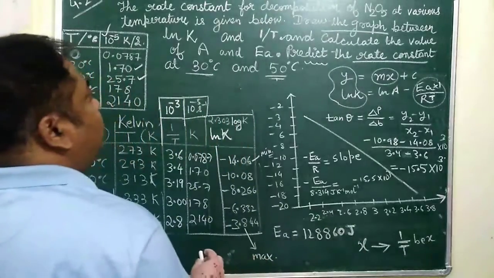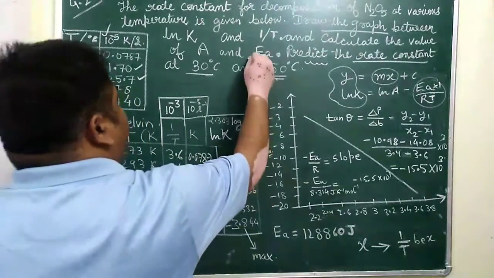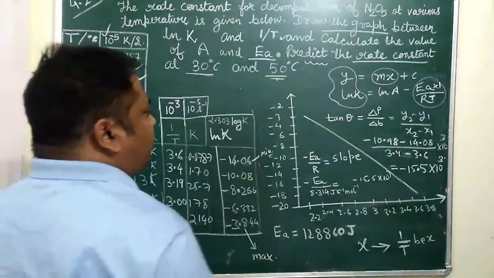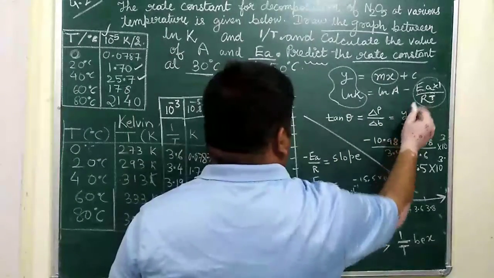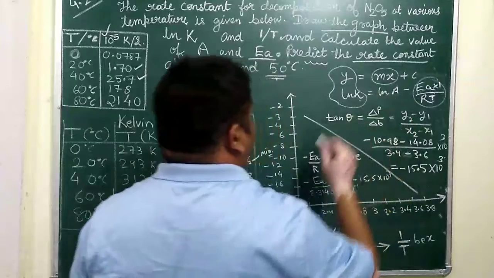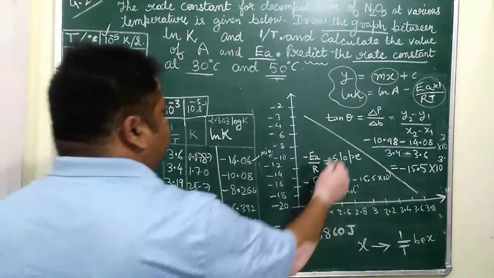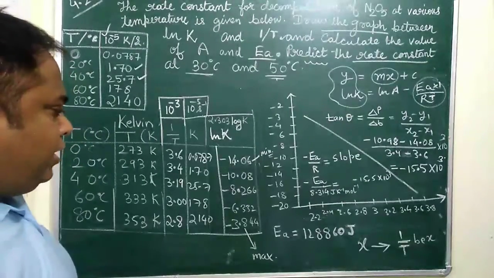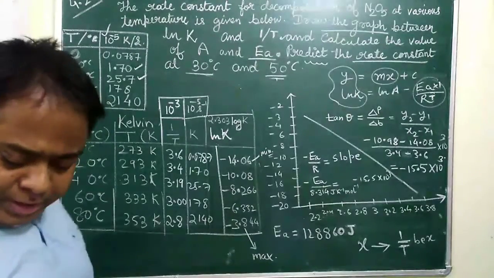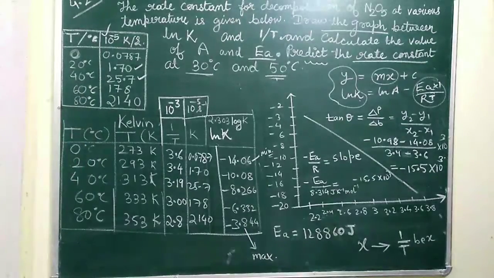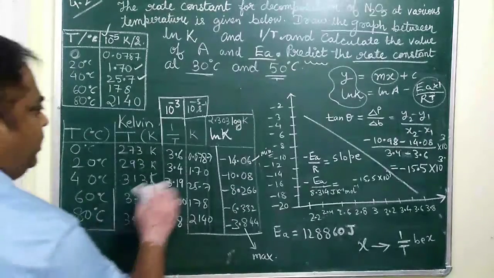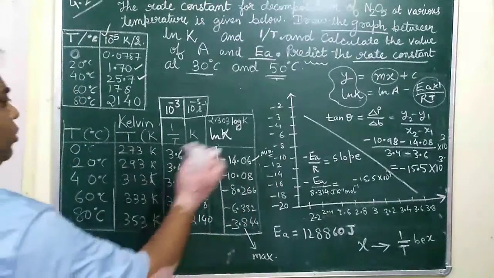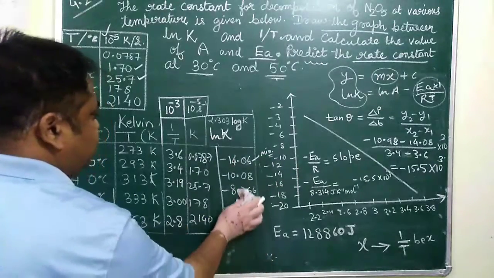So we had to find out the value of EA. Now we know the value of K, we know the value of EA, we know any value of T, any value of ln. So very easily we can find out the value of ln also. Now to find out the value of ln, I will require some space. So tell me which part can I erase. Let me erase this part because I have already transferred this table into the form of a graph. So I am erasing this part now.